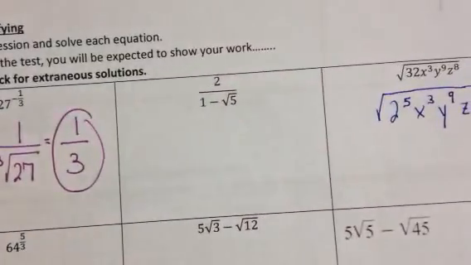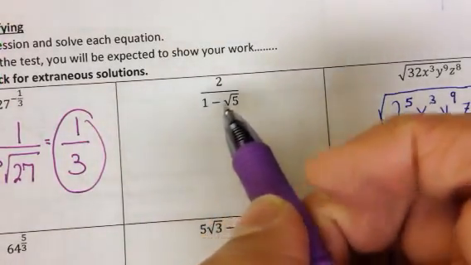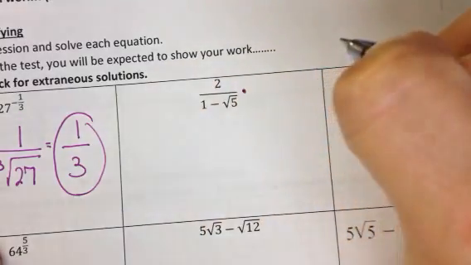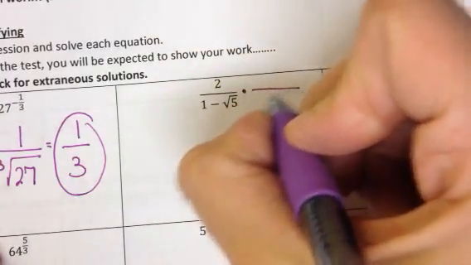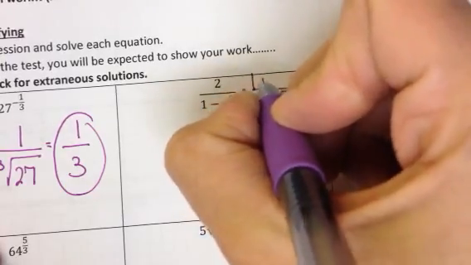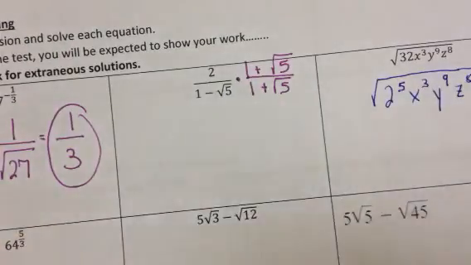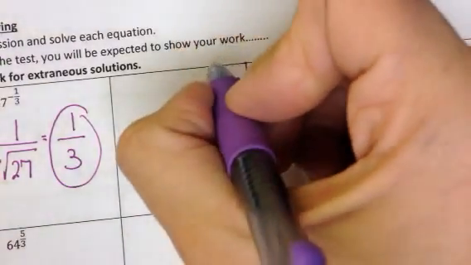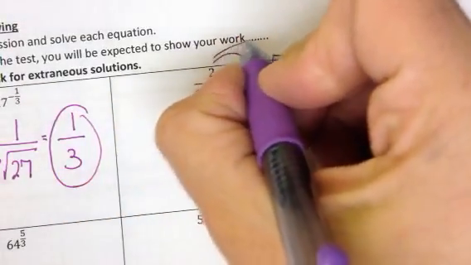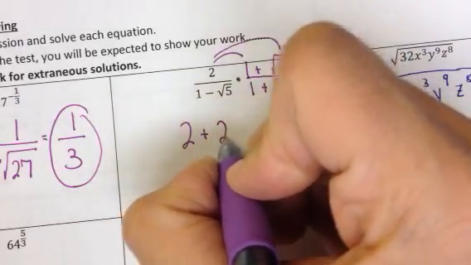Okay? The next problem, how do you simplify this? The rule is that there is no radical in the denominator. So when you have a problem like this, you're going to multiply it by the conjugate. And that means I'm going to multiply it by 1 plus the square root of 5. And I'll do the same to the top, because that just means I'm taking this fraction and multiplying it by 1. So for the top, I'm going to distribute the 2. And 2 times 1 is 2, and 2 times the square root of 5. They aren't similar enough to multiply them, so I'm just going to write it as 2 times the square root